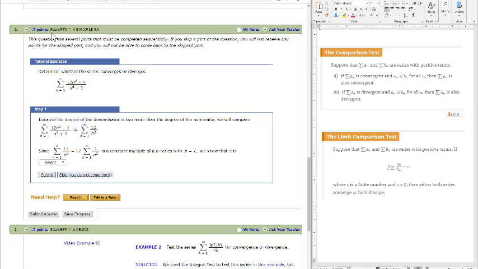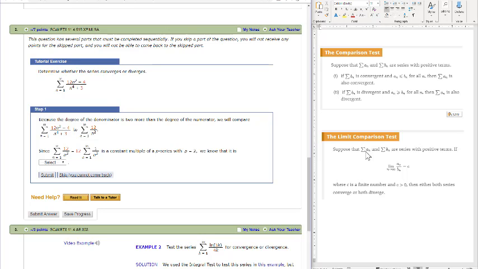Let's do a problem from your lab assignment, section 11.4. This is number 2. Determine whether the series converges or diverges. You have a series, n going from 1 to infinity, of (12n squared minus 4) divided by (n to the 4th plus 3). Alright, so there's a couple of